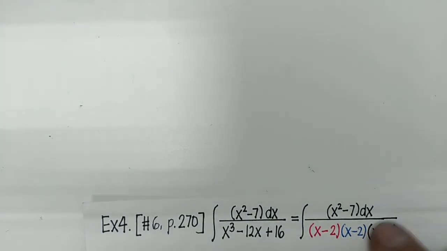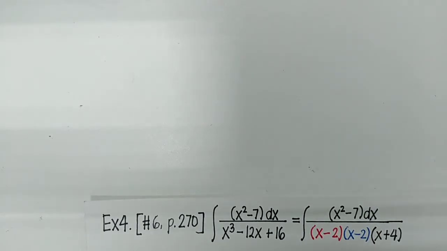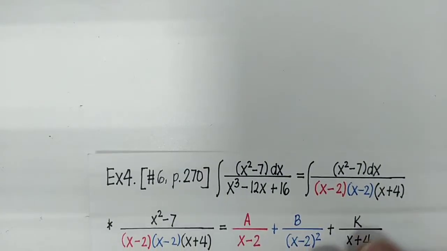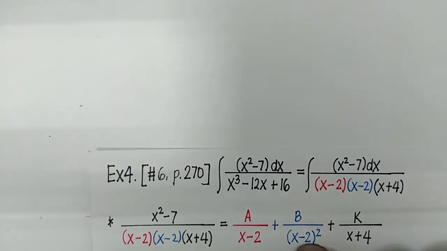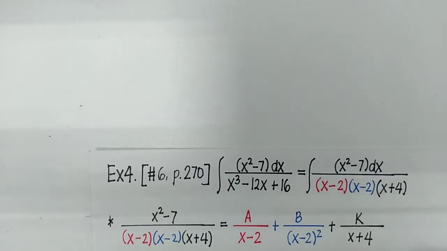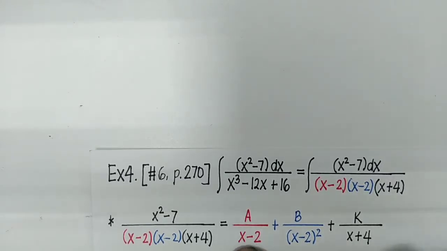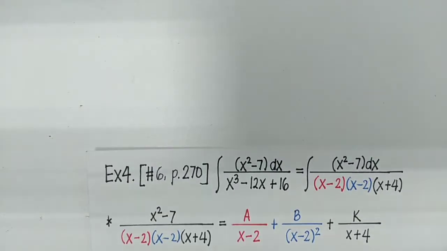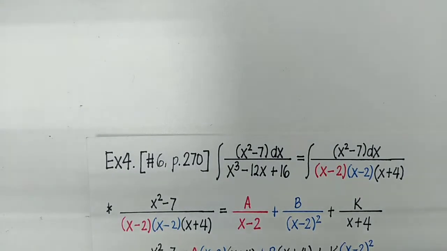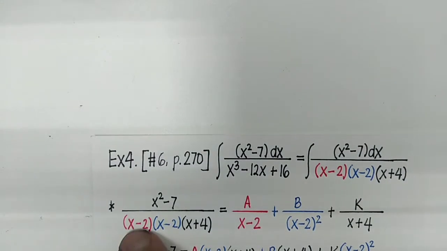So decomposing this integrand into its partial fractions, we now get this. If you notice, the second x minus 2 term over here is raised to the power of 2, while the first x minus 2 term remains as it is. And with that, we're able to multiply both sides by the denominator x minus 2 times x minus 2 times